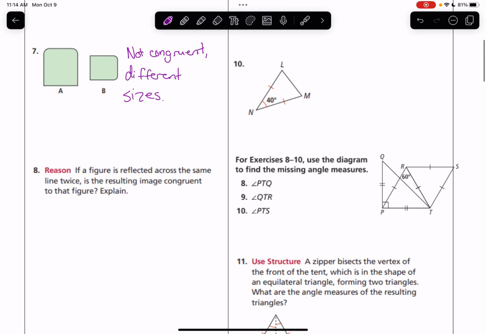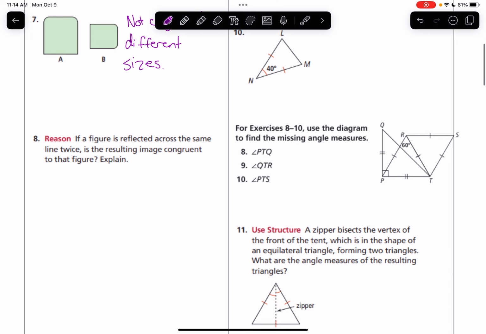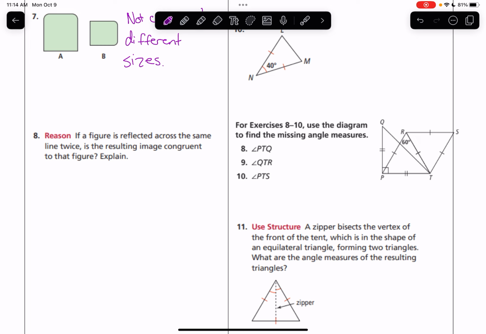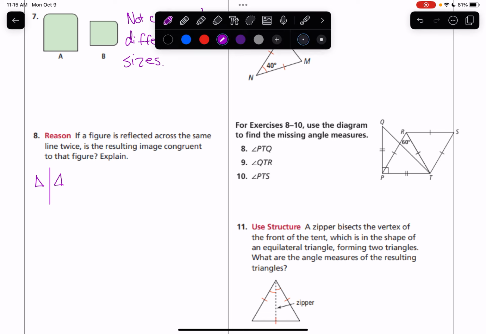Number 8, if a figure is reflected across the same line twice, is the resulting image congruent to that figure, and explain. So if we take a shape A, maybe we'll use this triangle right here, and we reflect it across the line, so it becomes this triangle right here, and then we reflect it across the line again, it's going to become this triangle right here. And the question is the resulting image congruent to the original figure? Yes, it will be, because the resulting image is the original figure. So yes,